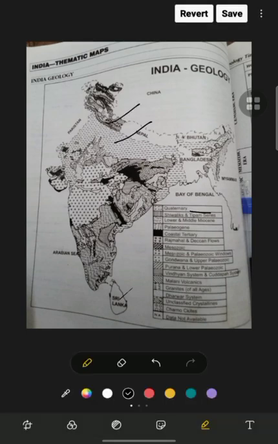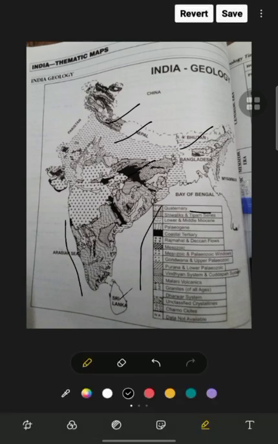Then the Shivalik and the Palm series. Then the lower middle Miocene area. So here we can see this. Now Paleogene. The Paleogene area is this very dark area. Okay. Now the coastal territory. This is the coastal territory. Now Rajmahal and Deccan flow. We can see this whole area is the Rajmahal and Deccan flow.